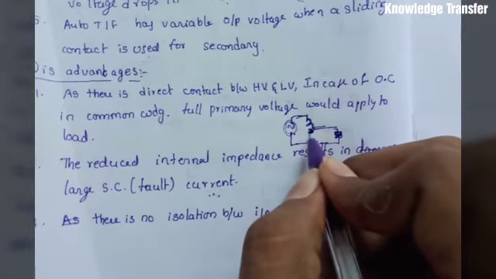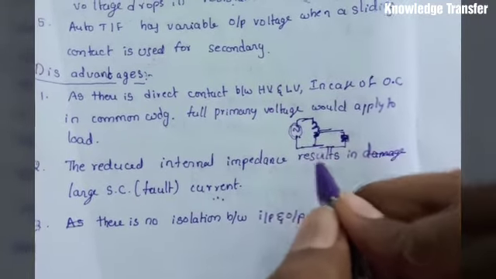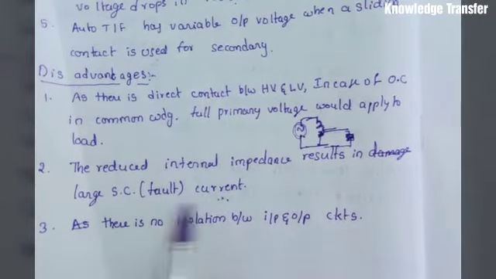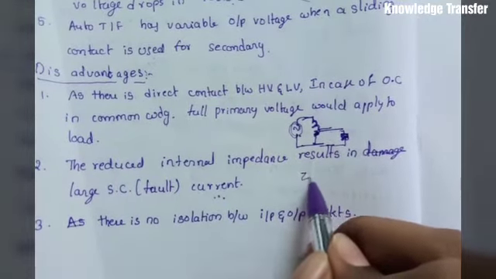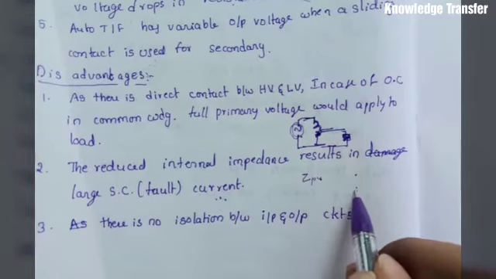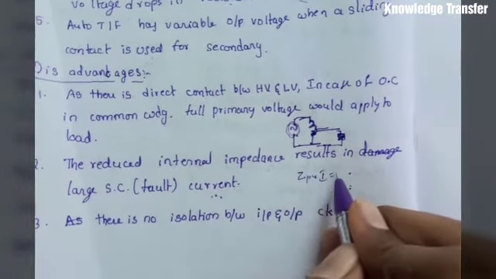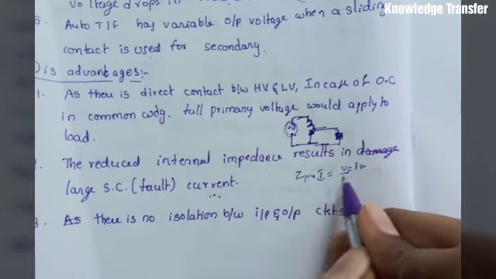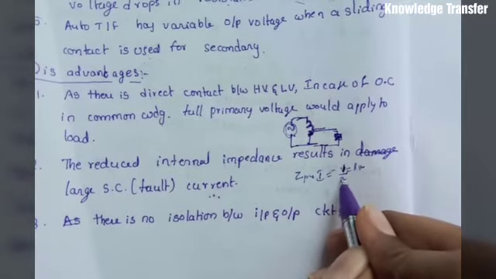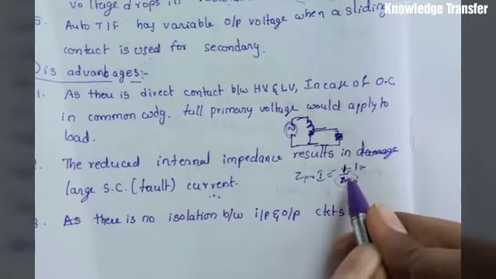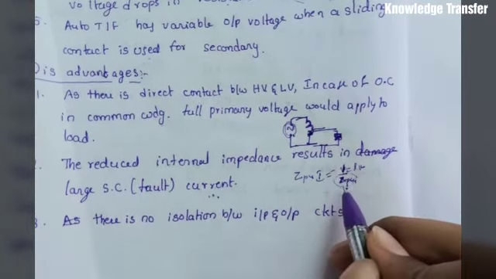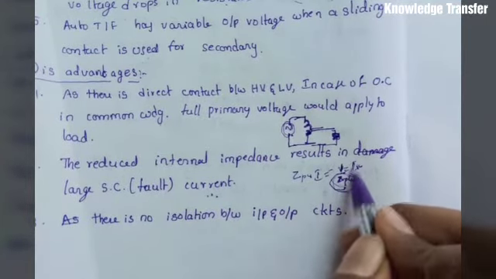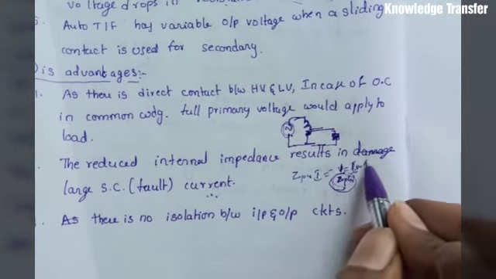So we should take care that the common winding should not break, should not open circuit. Second point, the reduced internal impedance results in large short circuit currents. That is, as the impedance of the transformer is reduced, if any fault occurs in the secondary, the current I is equal to V by Z. If you take V as 1 per unit, as Z per unit is very small because of reduced impedance of the transformer, the fault current will increase,